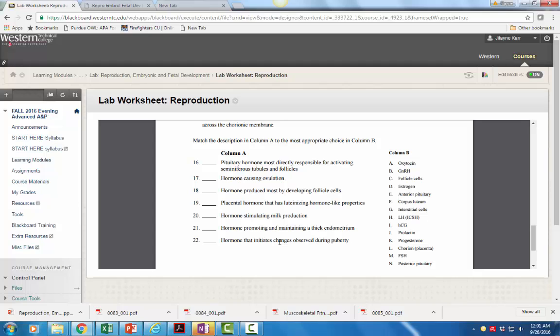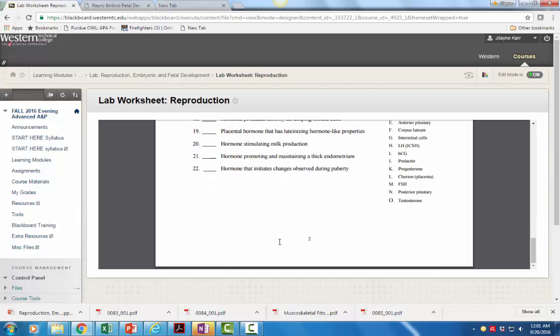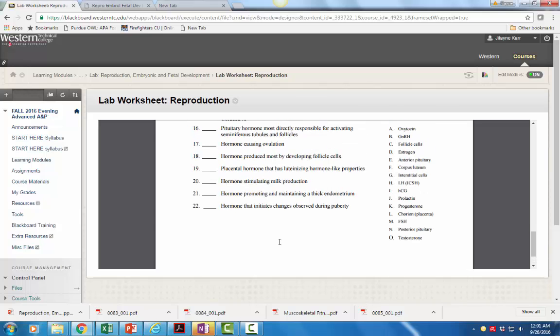And this section on matching, you shouldn't have any trouble. This is straight from your notes, so I'm not going to go through these specifically. I expect you to look through those on your own. And that completes this week's